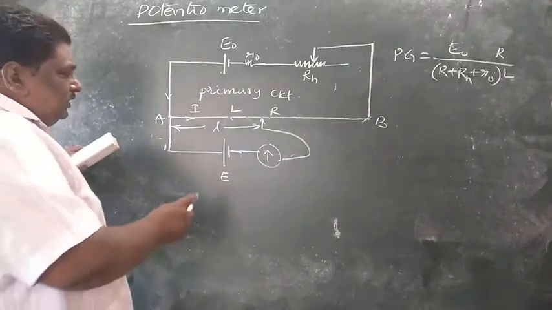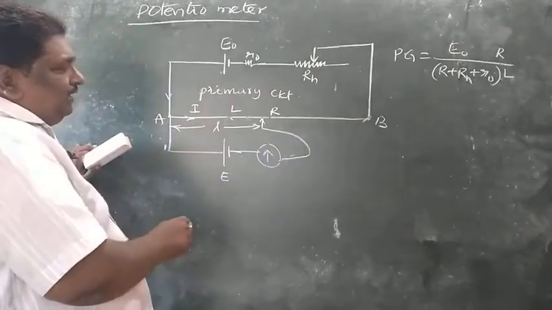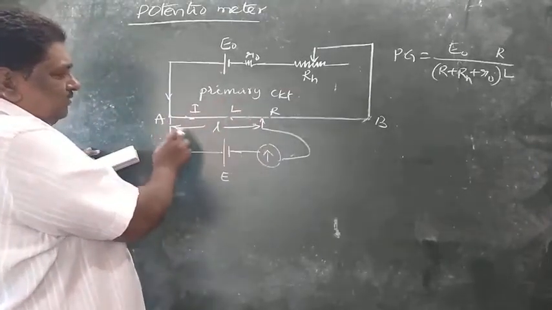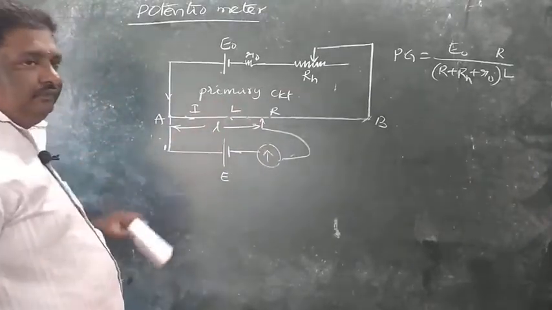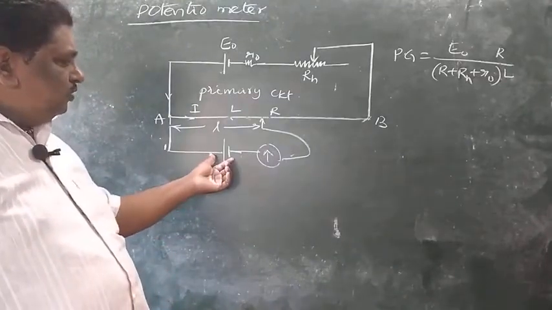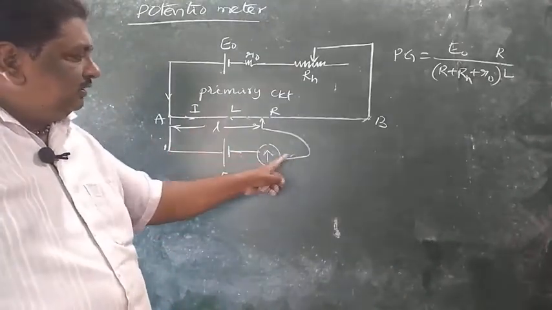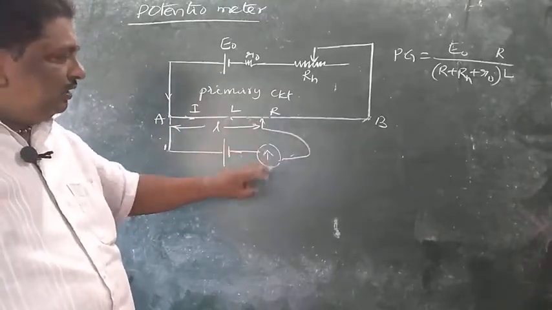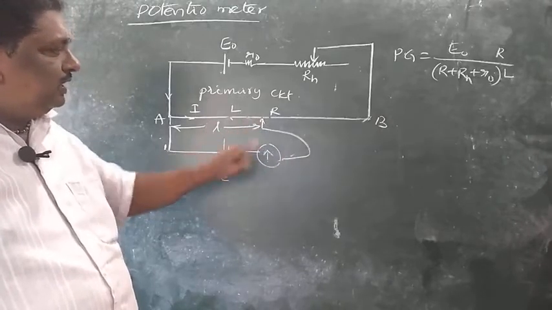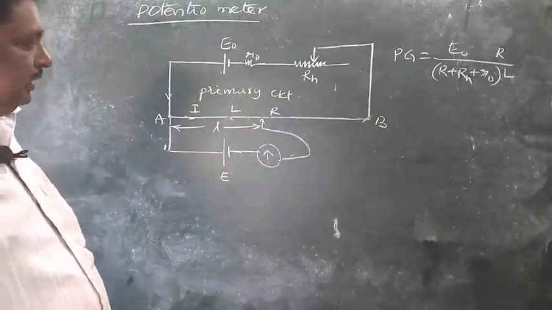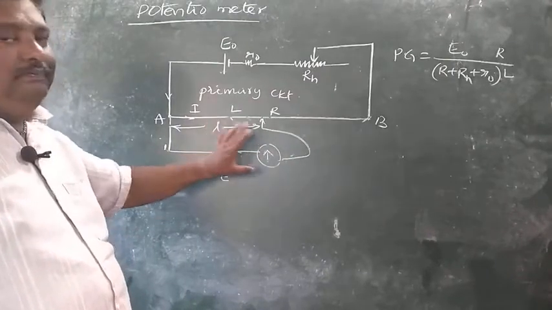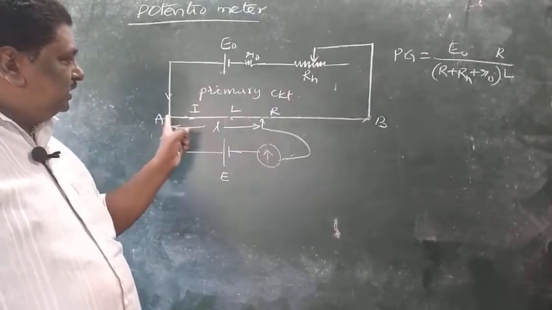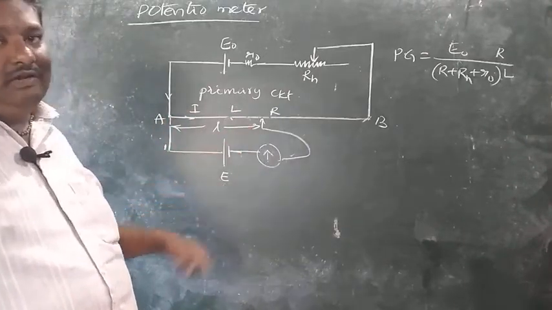Therefore, what is its meaning? The voltage across the wire between these two points is equal to the voltage across the cell. Suppose the cell voltage is more, then because of this cell current is circulated. Suppose the wire voltage is more, then the wire sends the current. Here the galvanometer shows that at this length, when these two make contact, no current is flowing. That indicates this is called the balance length. So at this balance length, the voltage loss across the wire is equal to the cell voltage.